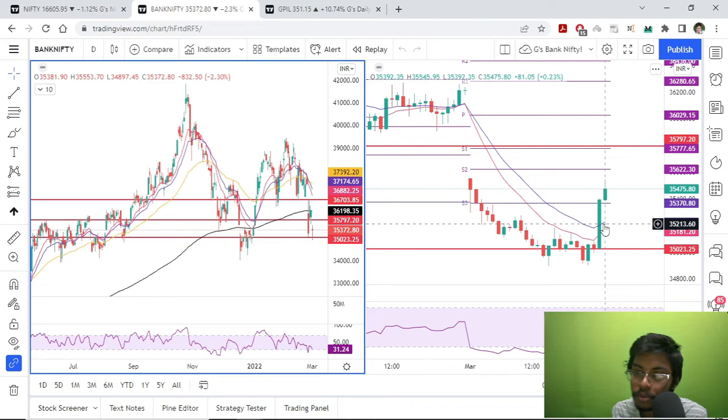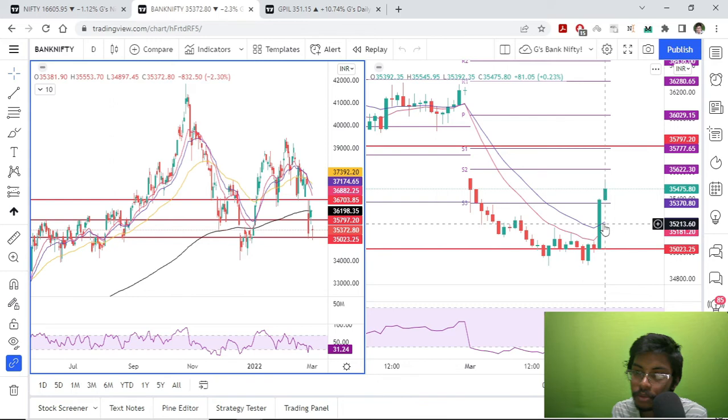So let's quickly take a look into how the option chain is working out for us. Okay, so yes, 35,500 is call writing, a better call writing than put writing actually, and then 36,000 is good call writing again, and then at 35,000 there's decent put writing. So if the market drips towards 35,000, yes, there will be a tug of war again, because put writers need to cover their positions, and then there is call writing also present.